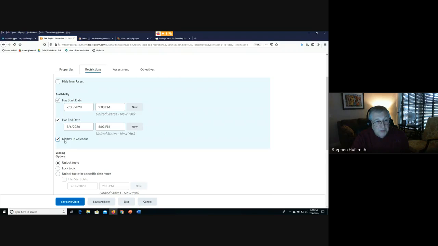You'd always want to select display in calendar, because that'll put it in the calendar for students to follow. This option, hide from users, if you're in the process of developing questions, you can choose that, but you have to remember to unhide it, okay? And if I select save and close,